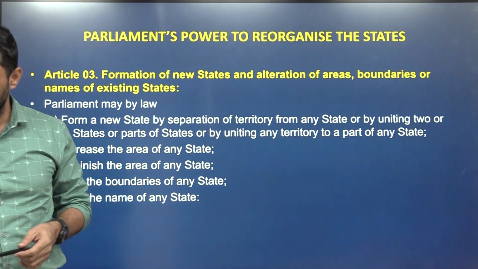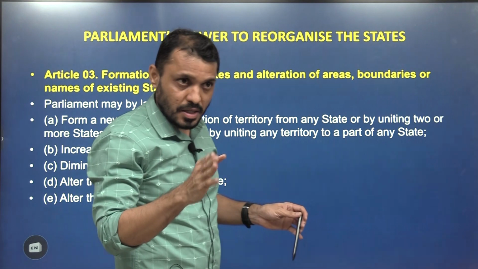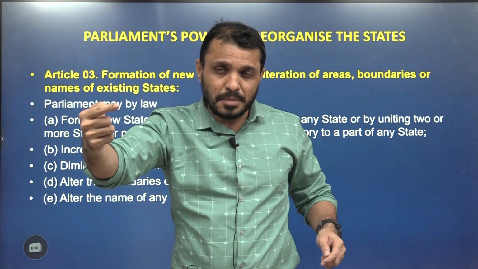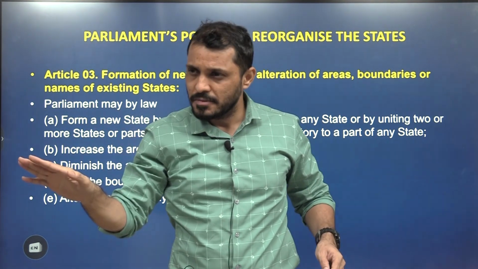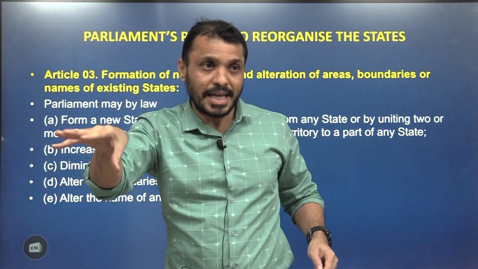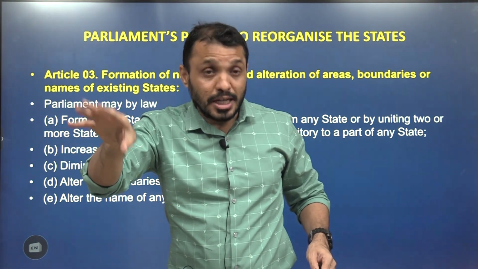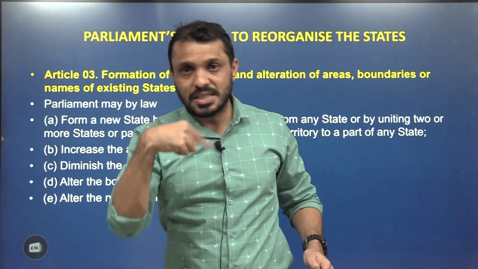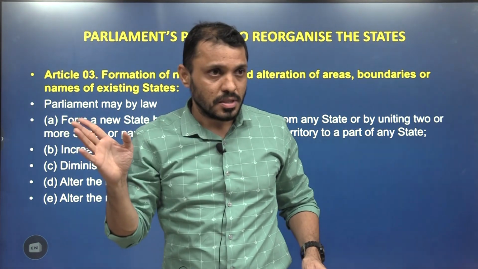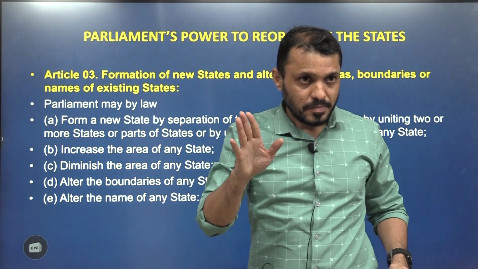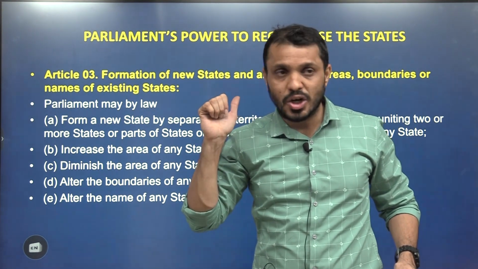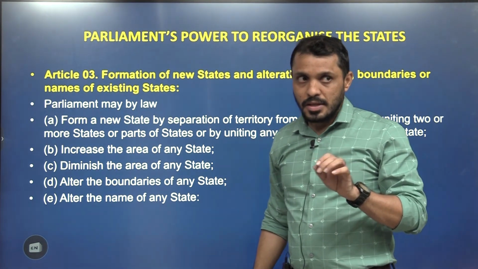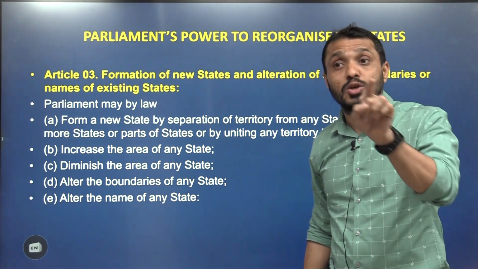I'll take an example, Andhra Pradesh, Telangana. When Andhra Pradesh and Telangana were bifurcated, at that time the president's bill went to the Andhra Pradesh Assembly. Here, whether Andhra Pradesh Assembly will accept or reject doesn't matter. Only Andhra Pradesh's view will be taken. That too, within a time, Andhra Pradesh Assembly has to give their view. Then the bill will come back to the president, and from the president the bill will go to parliament, any house, Lok Sabha or Rajya Sabha. And of course, state formation does not require the constitution amendment. These fine details you have to know. So initially before parliament, president will recommend that to the state assembly.